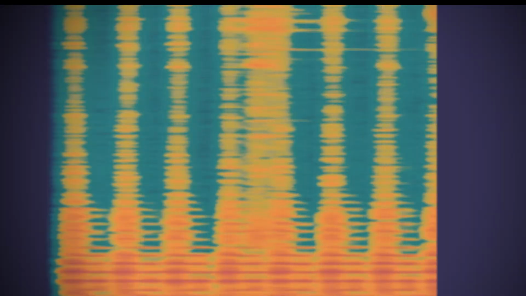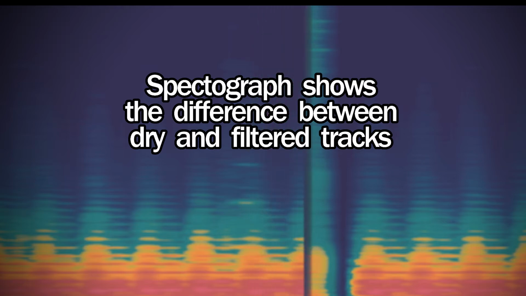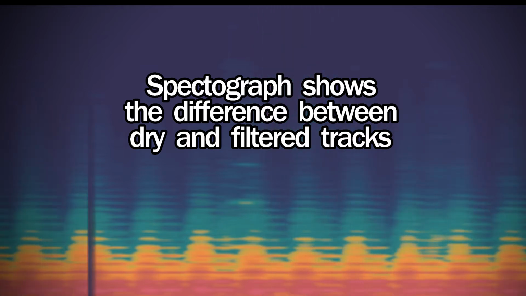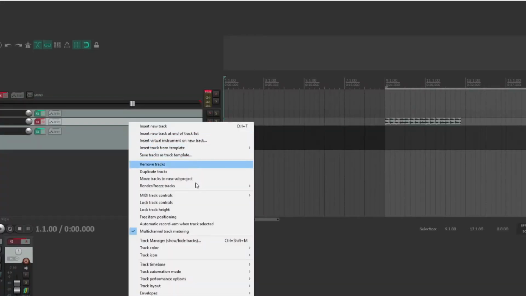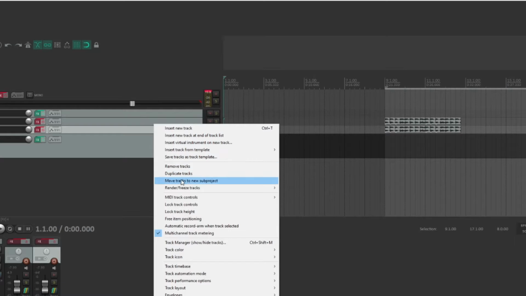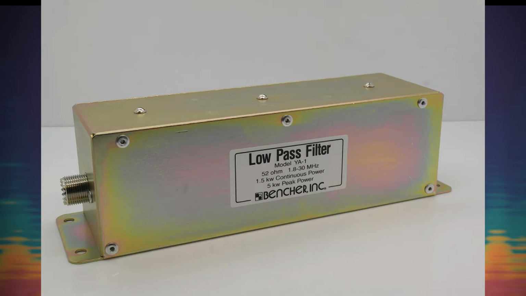If you know what a crossover is, we'll be doing a similar thing. With speaker systems, a crossover splits the signal into different bands of frequencies. This reduces the speaker distortion that comes from driving them out of their frequency range. So what we'll be doing is splitting a track into copies and then heavily filtering them and mixing them back